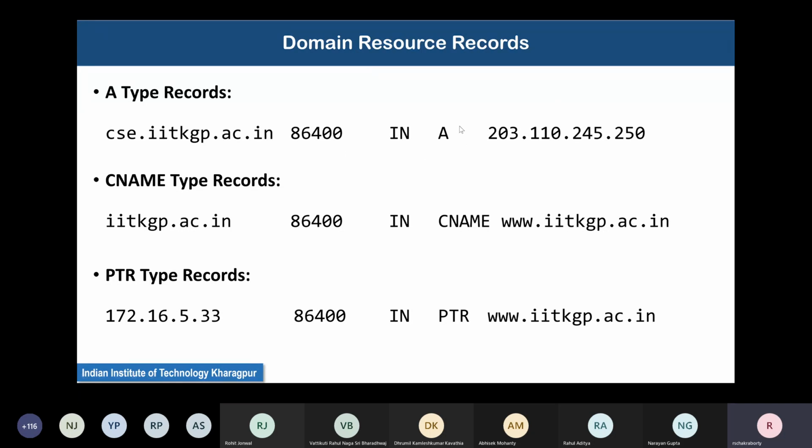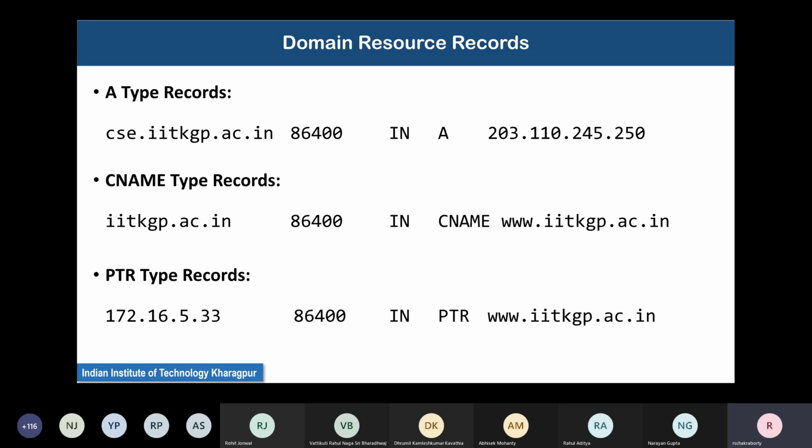So why is this time to live field important? Because these records are cached in the local name server or maybe in the intermediate name servers. Whether you are going to maintain the cached records forever in your cache, or they are not trustable and after some time you must get the information again from the name server, that is the question.